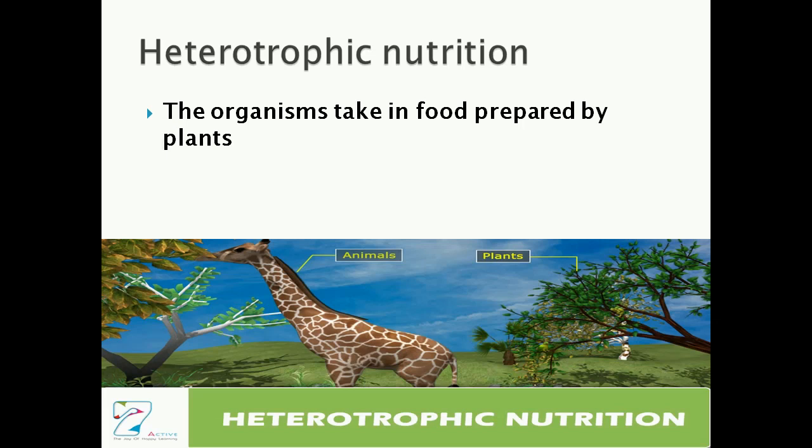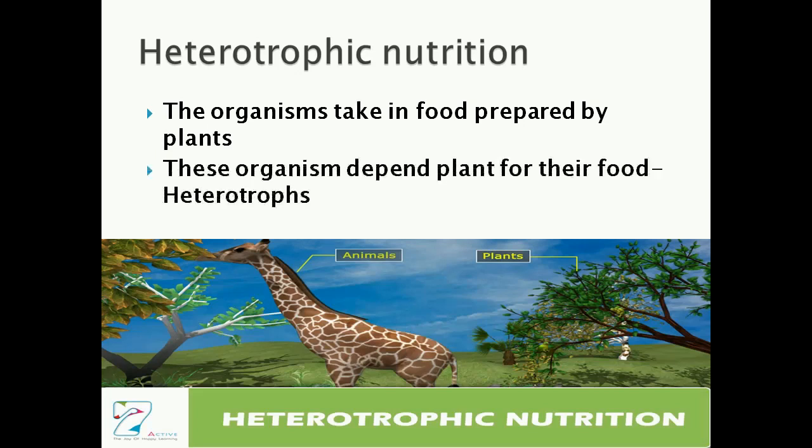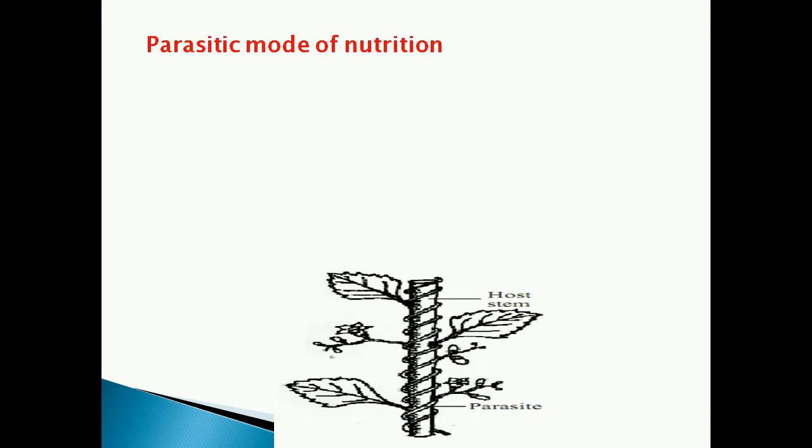The organisms which take in food prepared by plants. Okay, so these organisms will depend on plants for their food. So the organisms which depend on plants for their food are called heterotrophs. Example, animals. Okay, so now we are going to see elaborately about the heterotrophic nutrition in animals. So before that, there are other modes of nutrition also, by which some organisms will take food from other